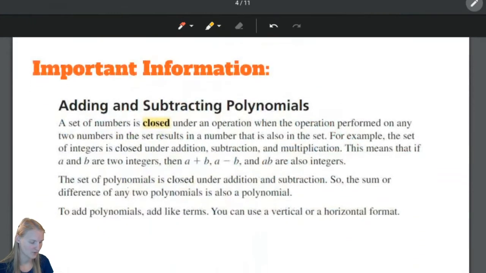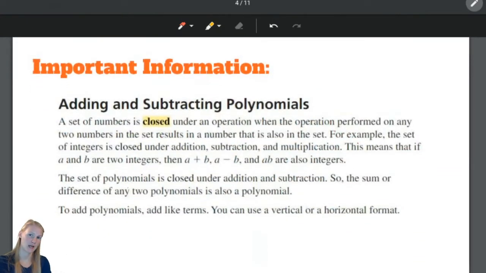Okay, so some very important information that you need to know about polynomials is the set of polynomials is closed under addition and subtraction. Now I know what you're thinking. What the heck does it mean for something to be closed? Well, a set of numbers is closed under an operation. Don't worry about that. All that means is, remember, operations are like adding, subtracting, multiplying, dividing. So it is closed